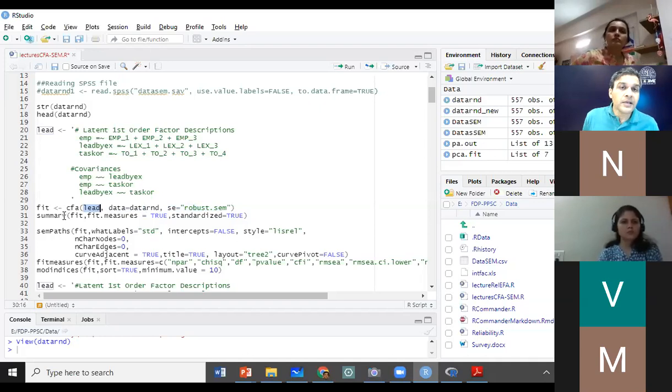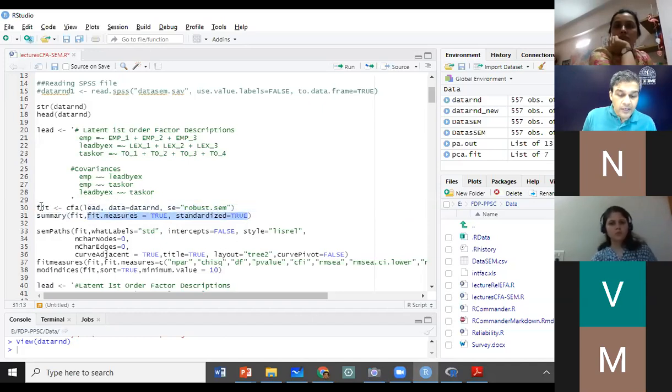Then summary reports the result of this analysis, which is fit. Fit.measures reports the model fit indices, and standardized equal to true reports the standardized results. You don't need to change anything, just leave it default. Just put the name of this output here, fit.